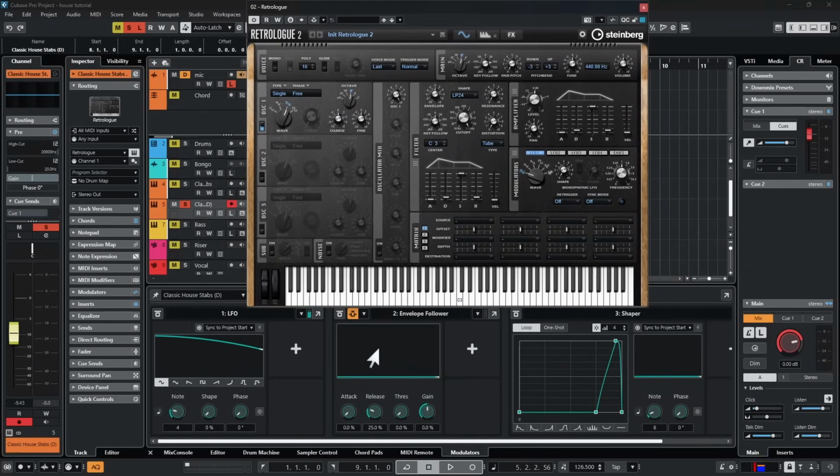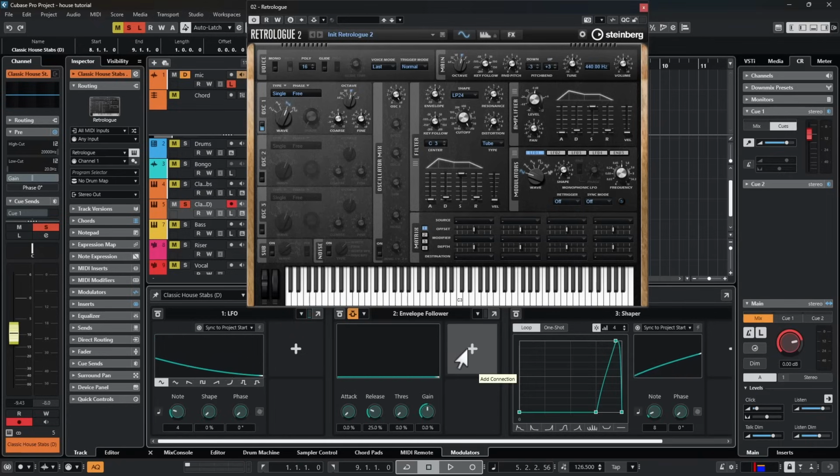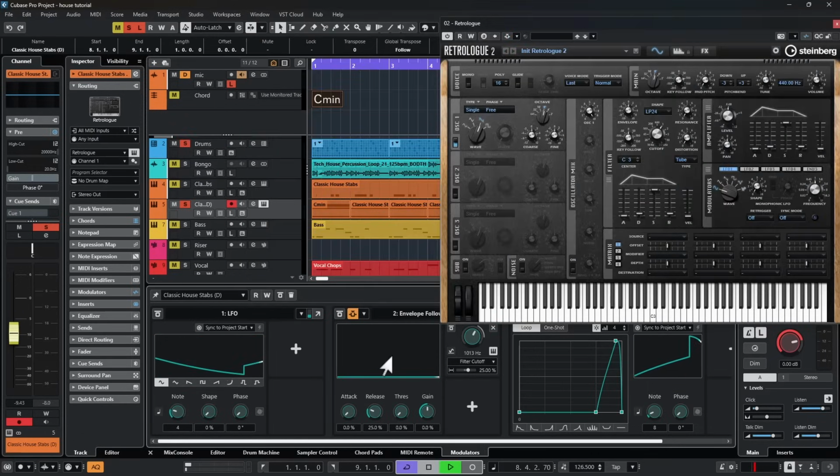If I go to this envelope follower in the middle and I examine these buttons that show the side chain is active, if I hit this little drop-down list, I can see that they connected it to the drum track as the side chain source. What that's telling you is every time the drums hit, it's going to cause some kind of change in the sound. So if we play this right now before I press this plus sign, nothing's happening. I hit this plus sign, and now I go up and hit the cutoff knob. That's established a link between this modulator and this cutoff knob. And if I turn my drums back on,